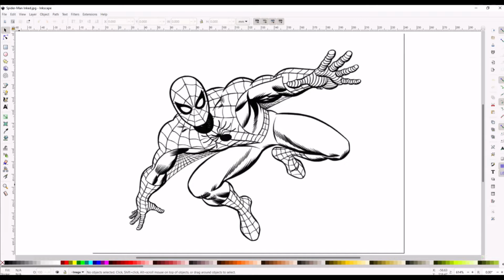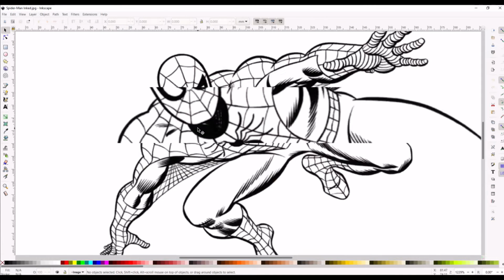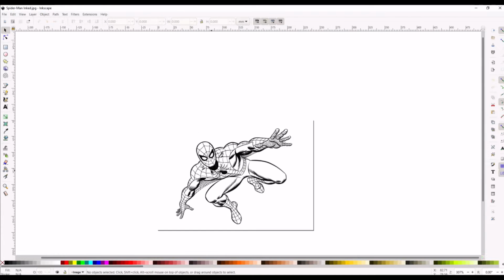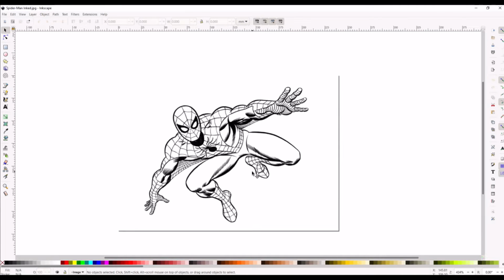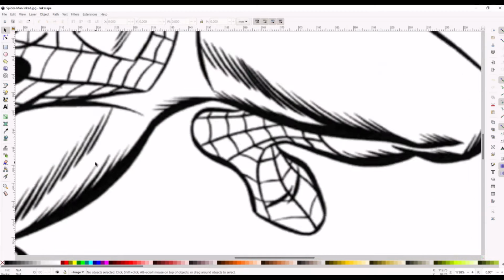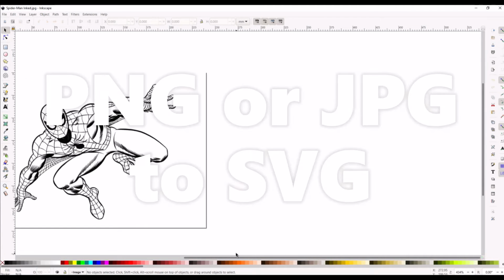There's nothing worse than a blurry drawing. Here we've got the world famous Spider-Man, and as I zoom in, you can see how pixelated this drawing is. Looks great when it's little tiny Spidey, but what happens when you zoom in? Not good at all. So in this tutorial, I'm going to walk through how to make a vector from this